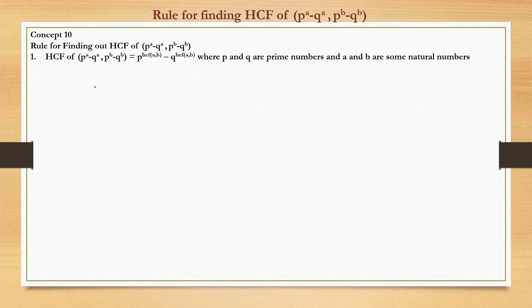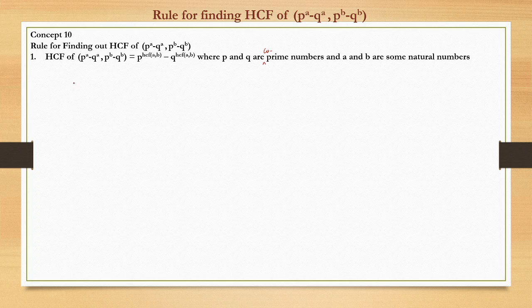When a number is in the form of P by Q, here P and Q are rather co-prime, not prime, rather co-prime. Okay. And A and B are natural numbers. So see here, what does it say? If a number is in the form of P by Q, we just check this with an example.